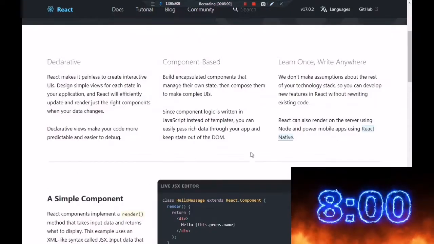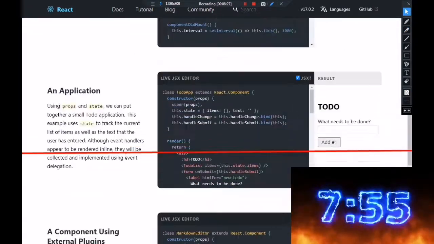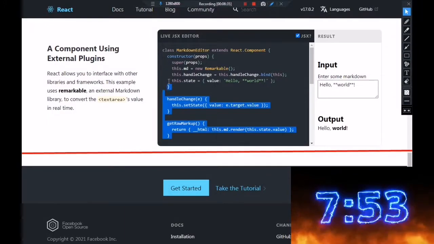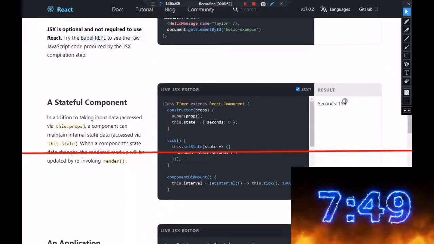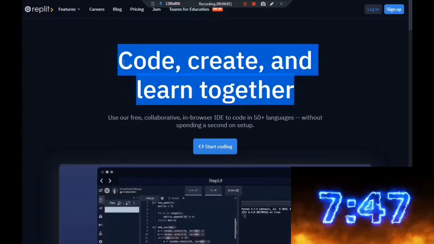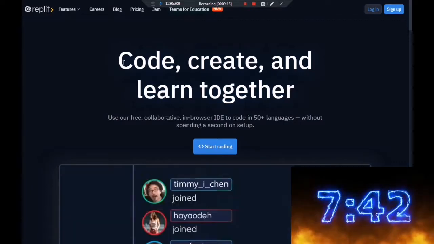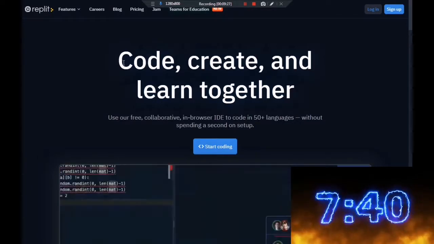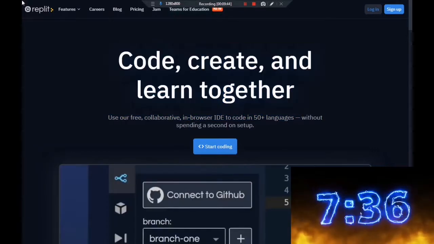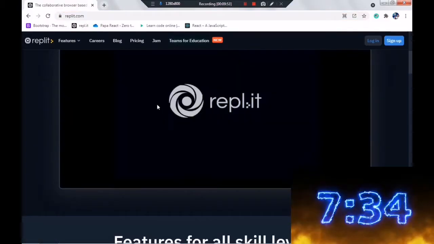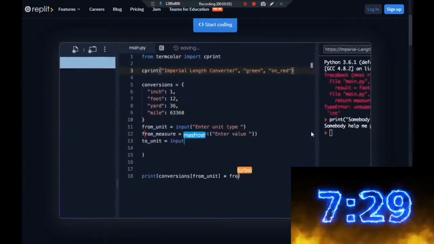The next thing is that you have to learn up to here. Go into this documentation and learn it, and if you have time, learn up to the last one and try to run all these applications. That's all that's required. Next, you have to open Replit, an editor used to write code online. This is the link. We will be writing every single piece of code in this browser.